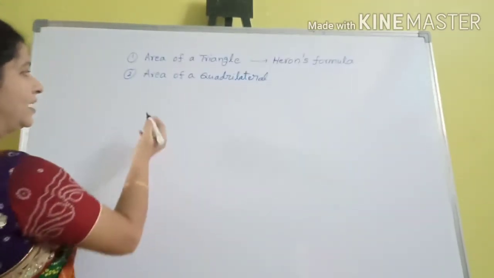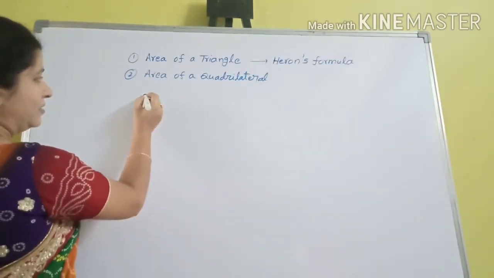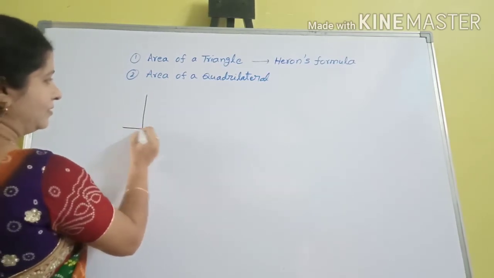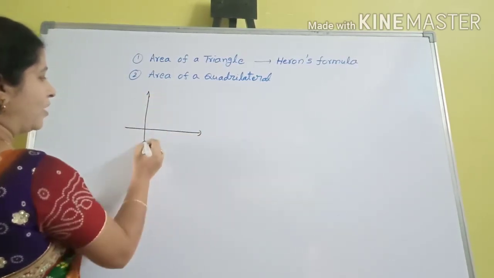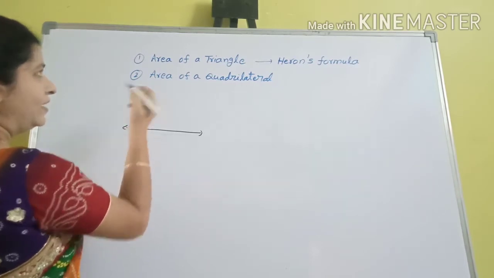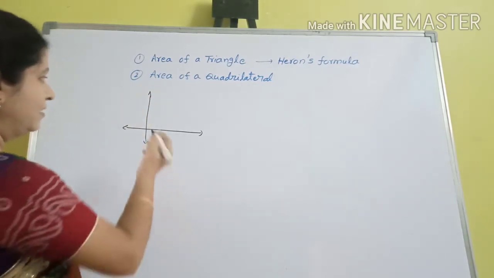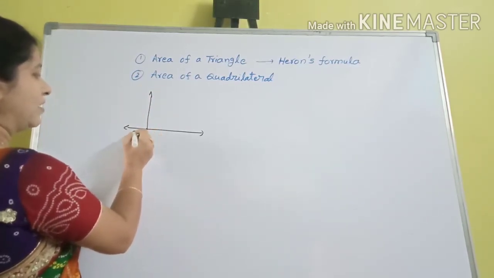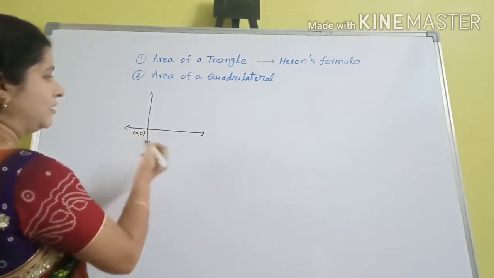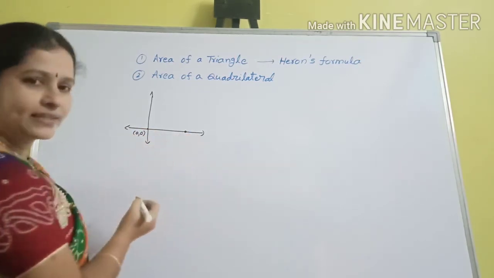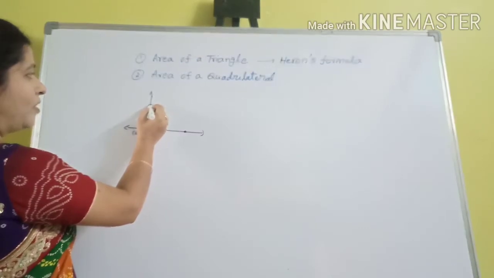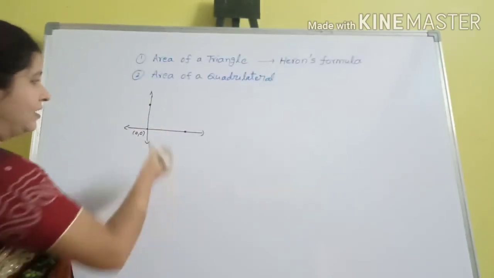How can you find the area of a triangle? Suppose in a coordinate plane, given the 3 points are like this. Every triangle has 3 vertices. Suppose given first point is origin 0, 0. Second point is on the x-axis and third point is on the y-axis. It makes,